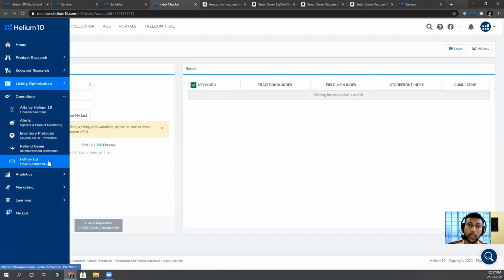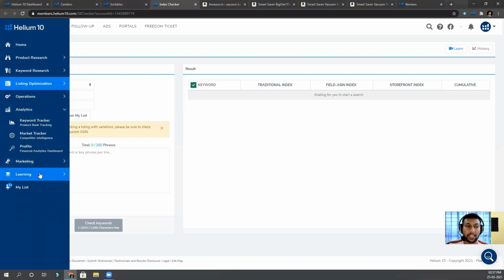So you can automate all the things here. Suppose your order is delivered, it will automatically send an email to them that your order is delivered. In case of any issue, please contact us. You can actually provide a contact support button that will send you a message. And then after the order is delivered, you can again ask for a review. I use that. So it is really cool. Okay, you will get a lot of reviews from that, and you have to have these placements in place. Like I use product inserts, thank you card, thank you letter, and all this together helps me to get a lot of reviews. You cannot use a particular thing like follow up and expect a lot of reviews. You have to do all those things, okay. I use those miniature automations as well.